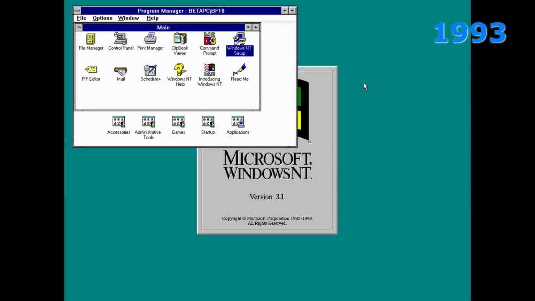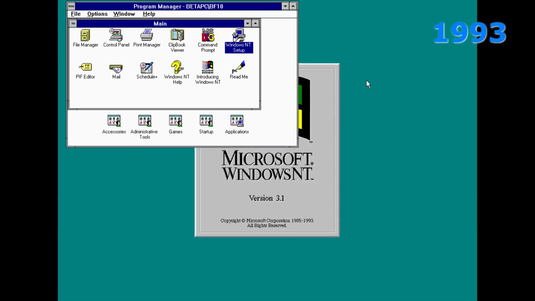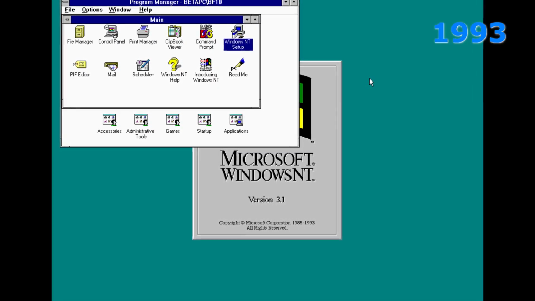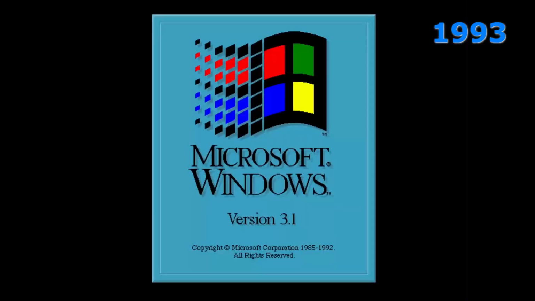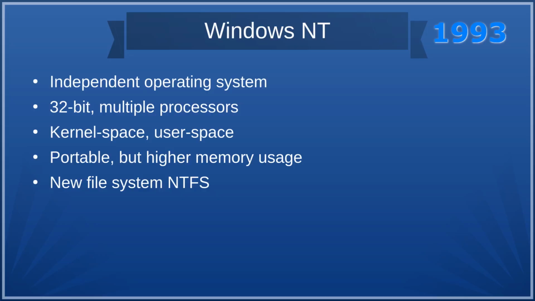They were developing the Windows NT kernel, one that would be used on Windows editions to this day. NT was initially supposed to mean new technology, before losing meaning over time and being just NT. It was July of '93 when Windows NT 3.1 was released, which was meant for high-end enterprise computers, not to be confused with just Windows 3.1. The new NT system was running independently, not on top of DOS or anything, and as such was more stable and reliable. It was 32-bit, compiled for x86 and MIPS processors.